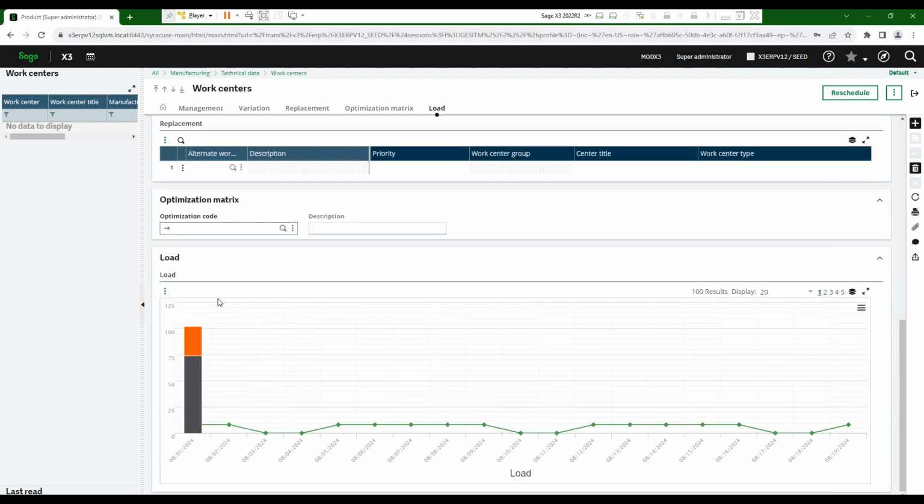And then when you look at the optimization matrix, with X3 there's also a planning module, which is web-based. It's actually from a product called Sedapta. So there's a direct interface to Sedapta to help you plan work orders. It looks at all of the resource demand, work centers, and all the configurations within X3. Then there's a process where you sync it with that production planning and make your changes, and any changes that you've made with a graphical interface can then be pushed back, and have the work orders' expected and planned release date and